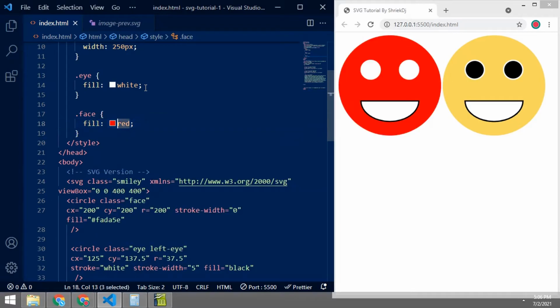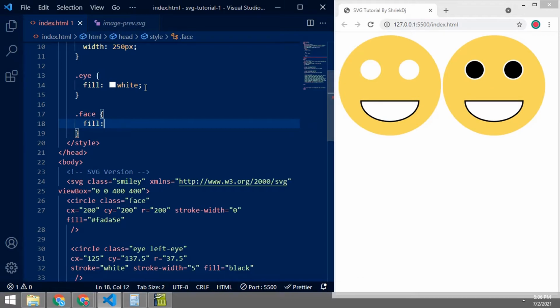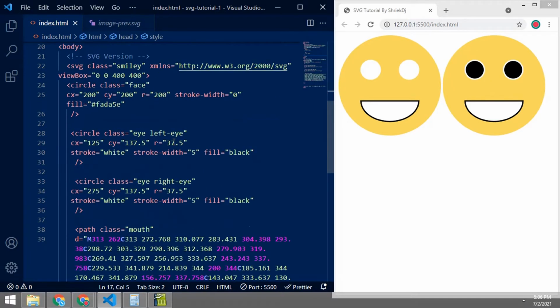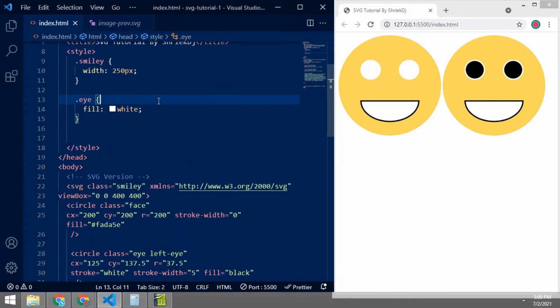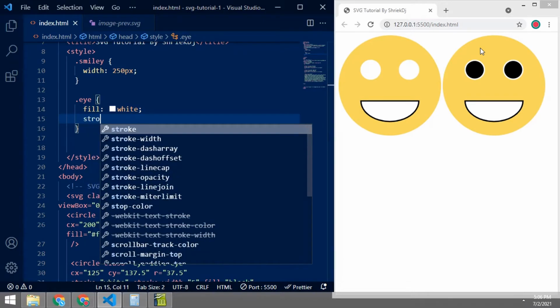Okay, fill red, fill blue, but it is not good. As you can see, it is only changing the content of the inline SVG. So because of that, we should use SVG if we want to change its inner content by using styles.